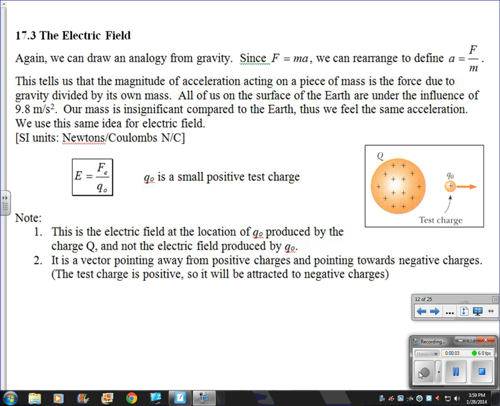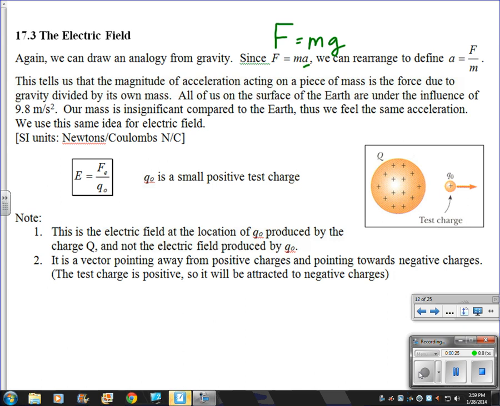Here are the notes for section 17.3, the electric field. Again, we're going to draw an analogy from gravity. Now in gravity, we say that F equals ma, force equals mass times acceleration. In particular, in Earth's gravitational field, we say that F equals m times g, so we have a specific value